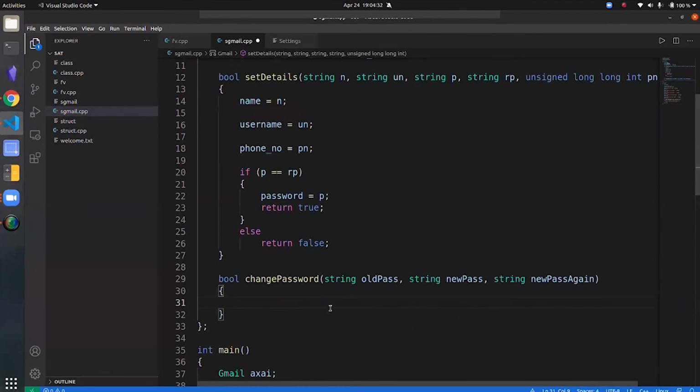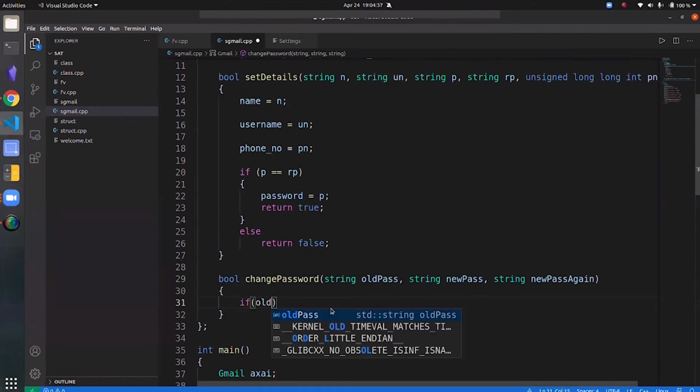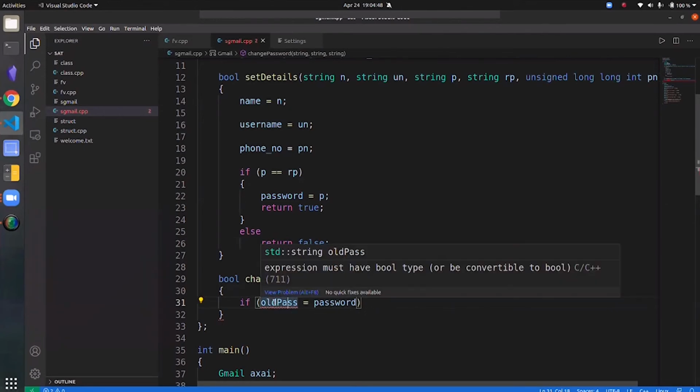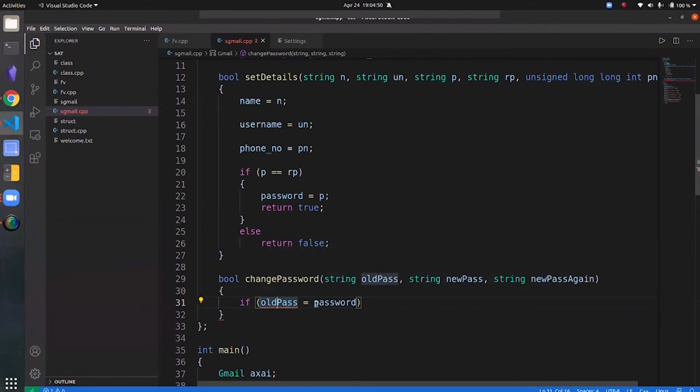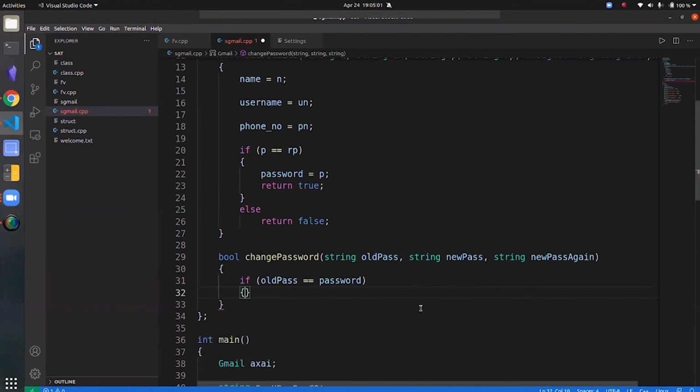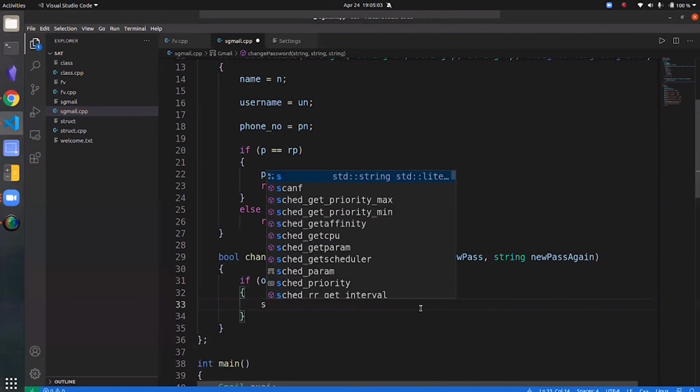So what we need to check here is if the old password that they enter is equal to the password that is stored or not. We need to check if the password that they enter as their old password is matching with the one that we have stored in the database or not. And if it is true, we can ask them to enter the new one.